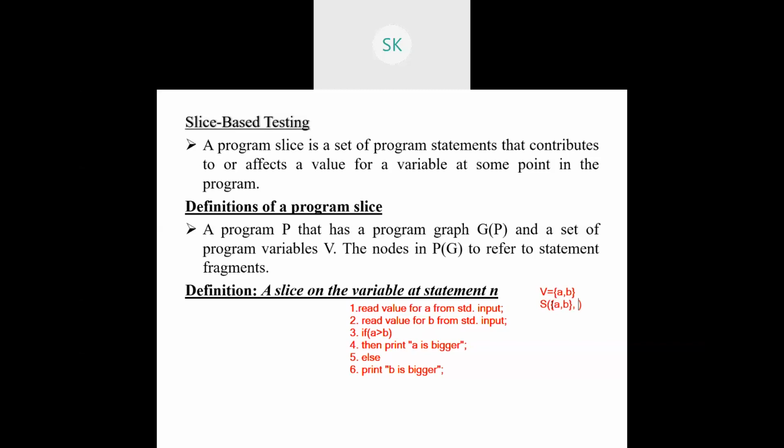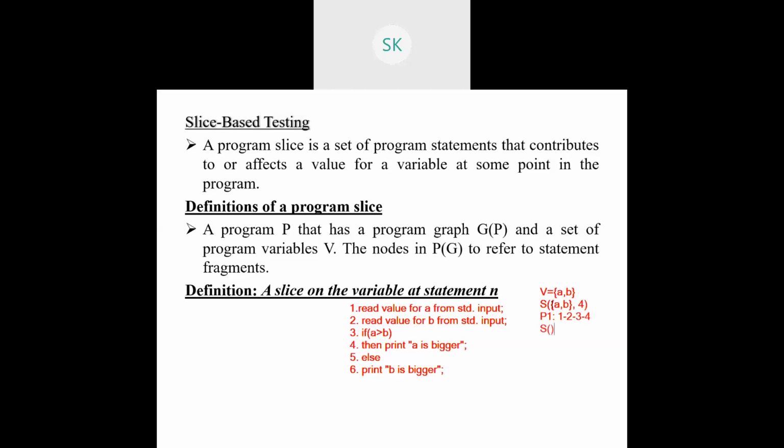With respect to this, I need to state one particular node number. Node number can be 4 or 3 also, you can just write it. So if you have the slice, then the path, whatever you are mentioning, it will be something like 1, 2, 3. Why 1, 2, 3? There may be a question. Because with respect to the variable set A and B, A should also be taken into consideration, B also should be taken into consideration. With respect to this, 1, 2, 3 followed by the fourth statement will be executed.